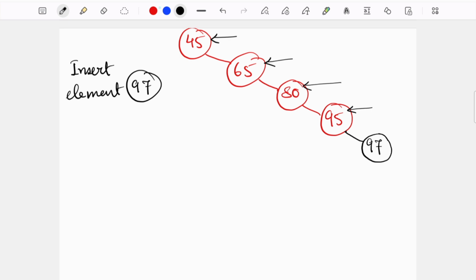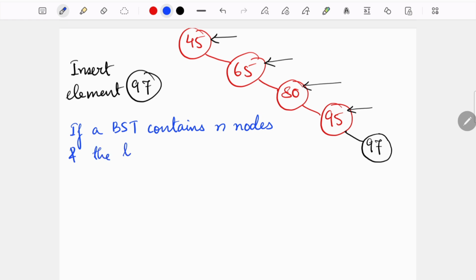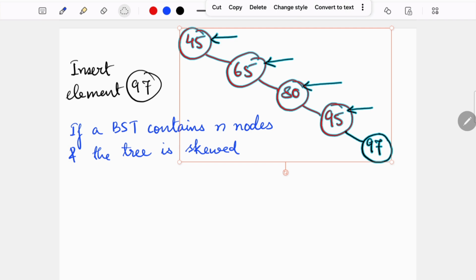So we can now say this: if a binary search tree contains n nodes and the tree is skewed, like the tree we saw right now, this one, which is an example of a skewed binary tree,